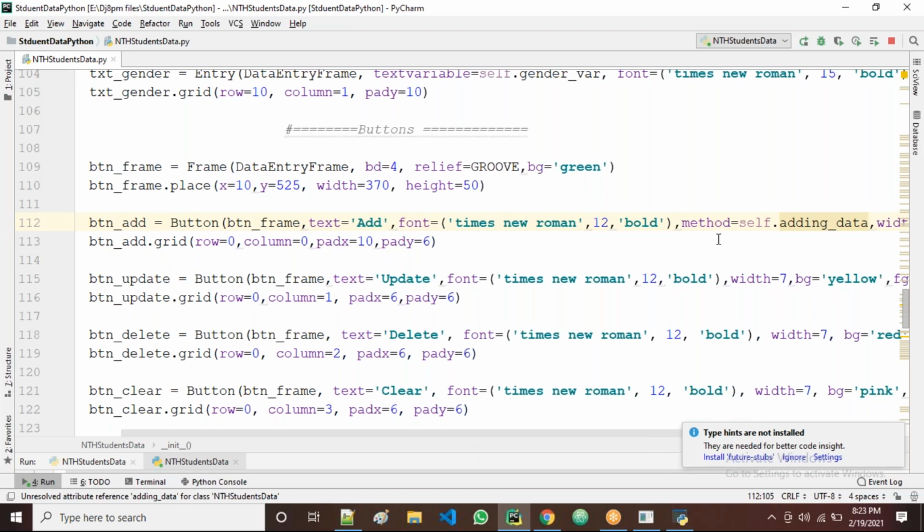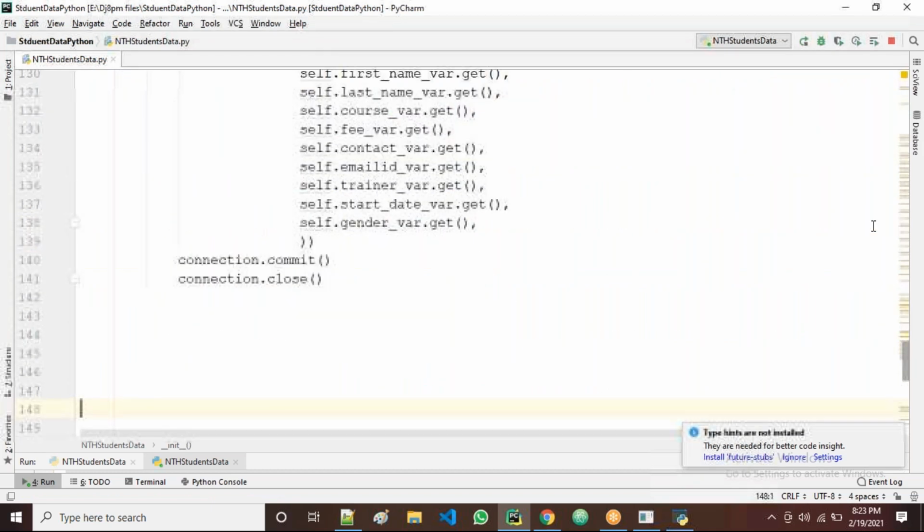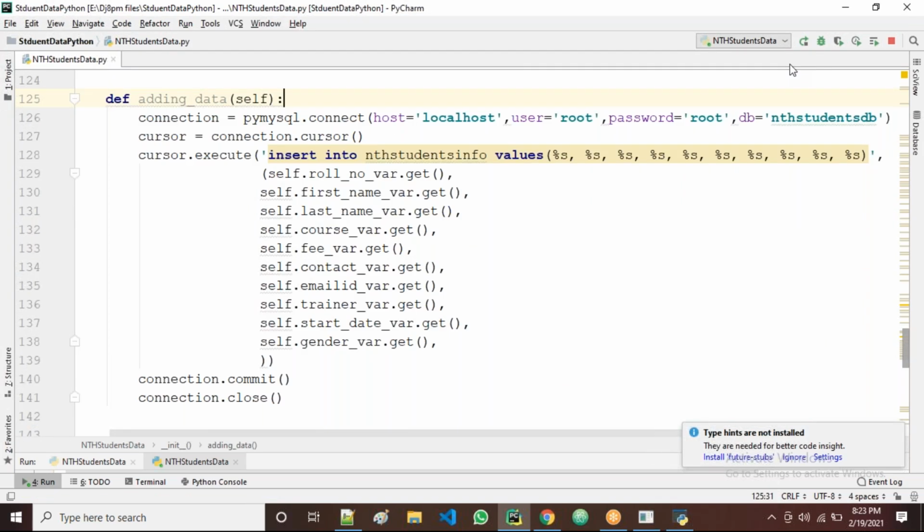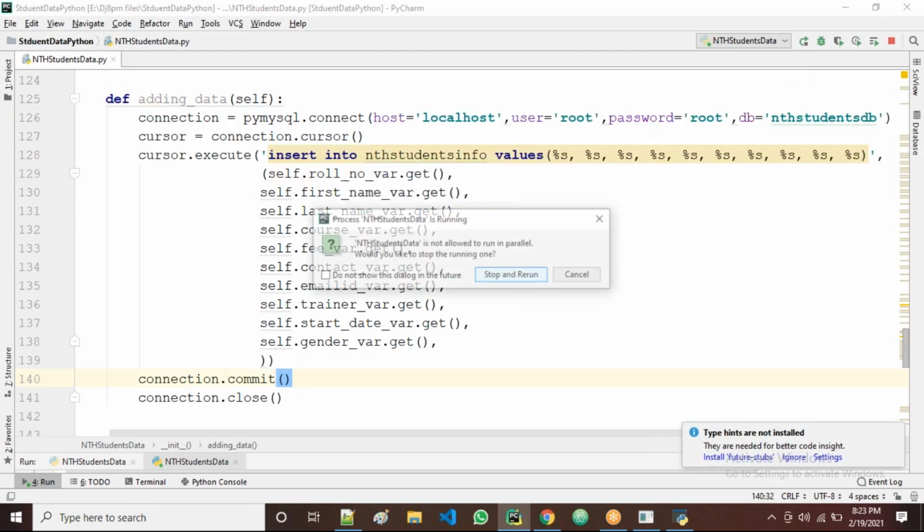Whenever I click on this add button, I want to call this method, which is down there, and this method is good, guys, that's all. Okay, let me run this one again.